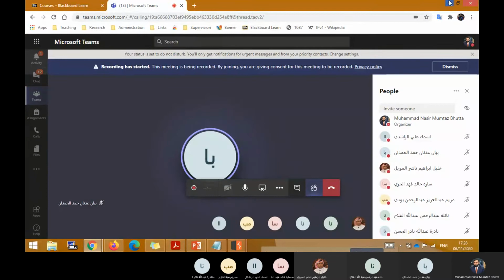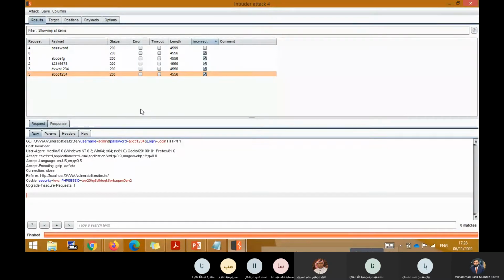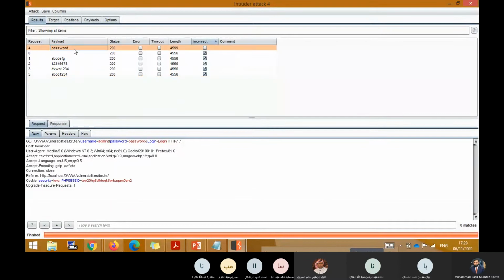Okay. So Bismillahirrahmanirrahim, welcome back. So now this is how you can see that if you know the username, you can successfully launch an attack for the password. So this is just one variable you create and you can successfully launch the attack. And you can even flag according to the information you have to show the behavior. So that if there are so many possible combinations, you can flag to find out which ones have correctly worked. So this is how you can find it out.